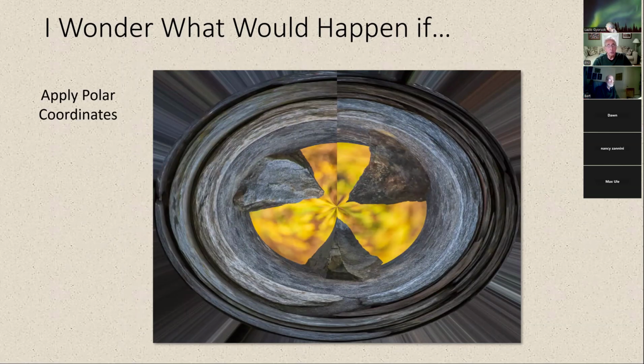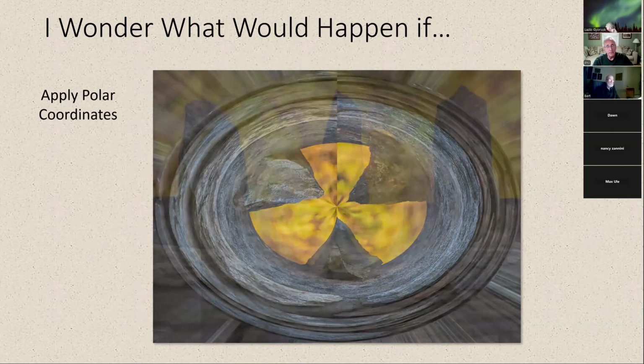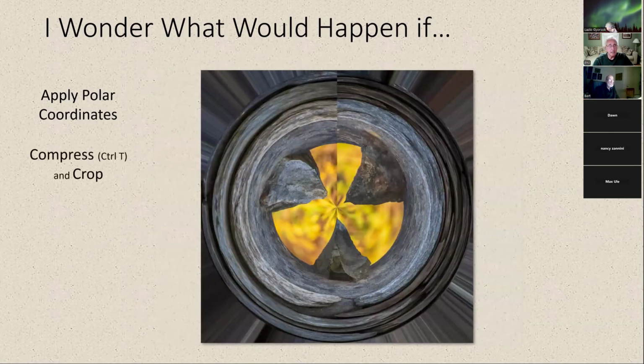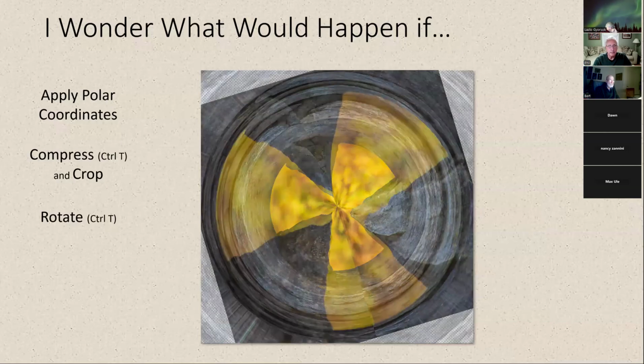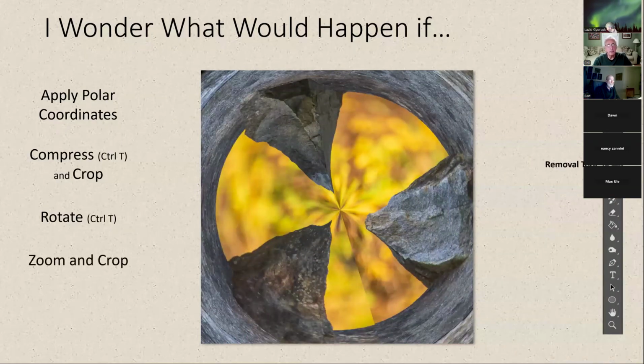So there's polar coordinates, and we have the ugly background we have to fix as well. And I've compressed it with Control T so I can get this nice round image, and I've cropped it. And I've rotated it with Control T, right? You can rotate things. And I wanted it so I have this rock over here on the side because I kind of have an idea of what I want to do with the rock. And now I've zoomed in, and this is going to be the starting point of where I want to go